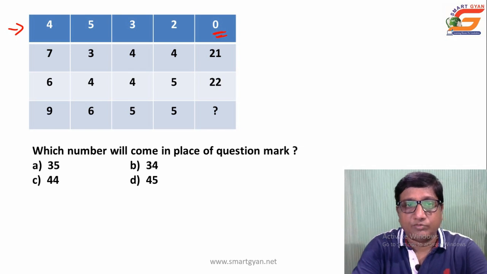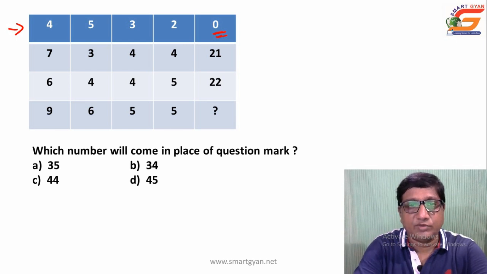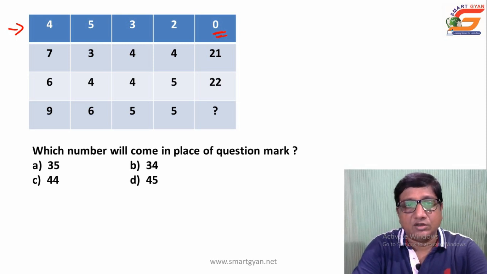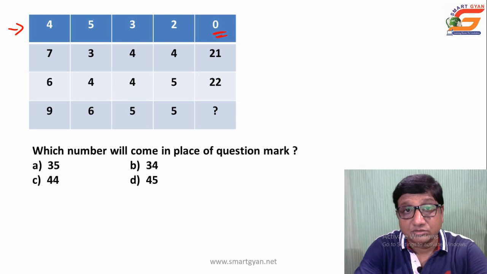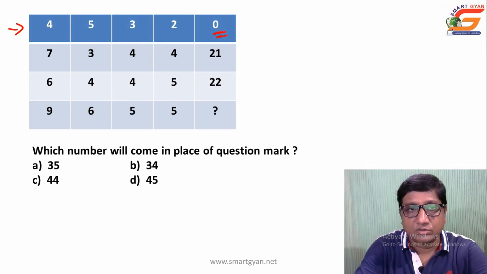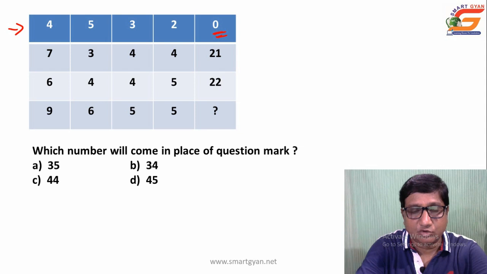Then 4 plus 5, if you add this, 9, minus 3 plus 2, that is 6, it is not coming to be 0. Then 4 into 5, 20, minus 3 into 2, 6, no, it is not coming either. Or 4 minus 5, that is 1, 3 minus 2, that is 1. Then check this one, 7 minus 3, 4, then 4 minus 4, 0. This is not coming. So that is not possible.